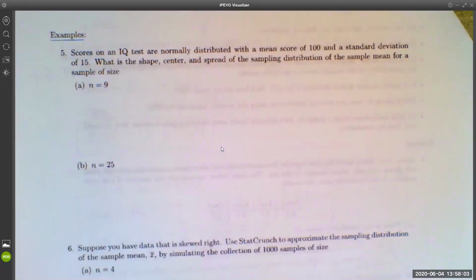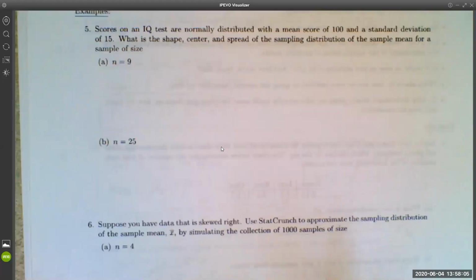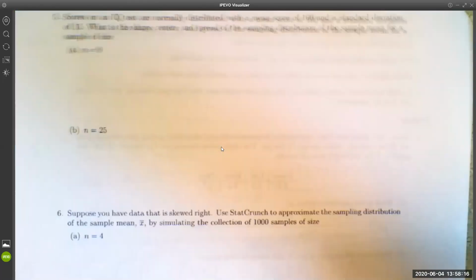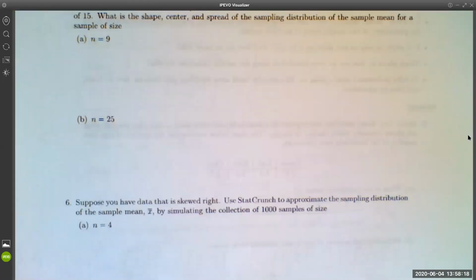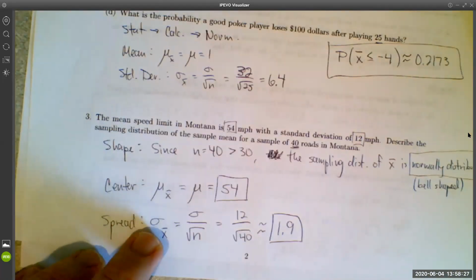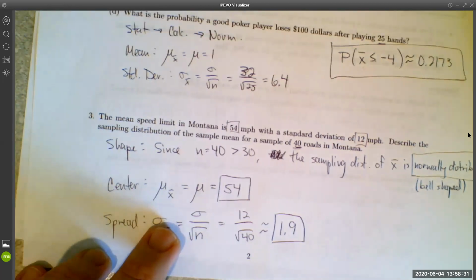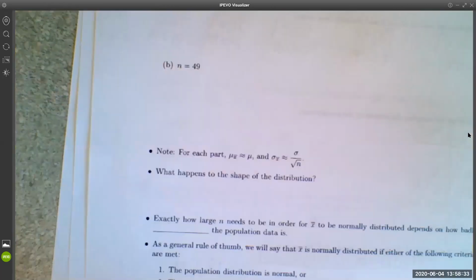So hopefully those simulations convince you that the facts that I gave you on page 1 are actually true. These are actually true facts. And again, that's the purpose of looking at these simulations. But when you actually go to do the homework problems and you want to describe the sampling distribution of something, just do it the way that we did exercise 3, because now you know that these formulas really do work. And so you can just use the formulas instead of running a simulation.